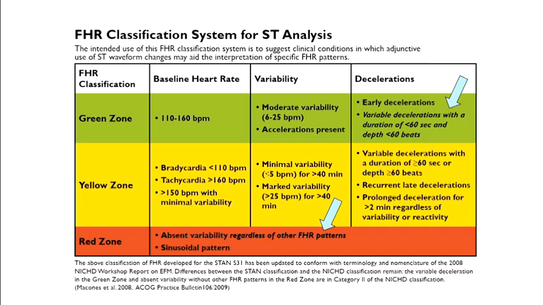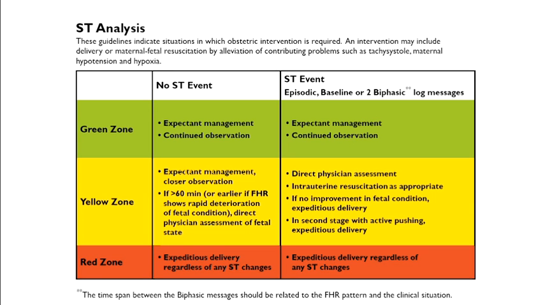if there are no ST events, then you manage them the same as you would manage category 1, 2, and 3 with a few exceptions. If there are ST events, then you look at the zones where the fetal heart rate is. If it's in the green zone, then ST events don't mean anything and you can continue management. It will only be useful if the ST events are in the yellow zone, and that's why we call it an adjunct